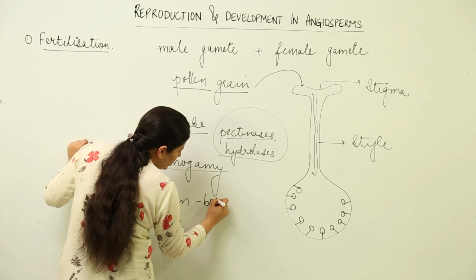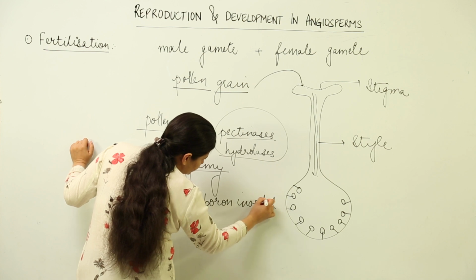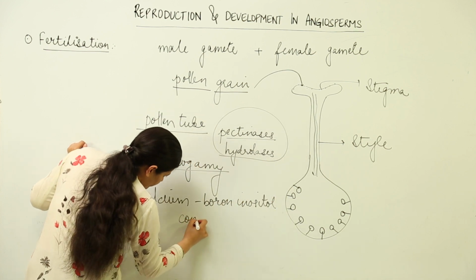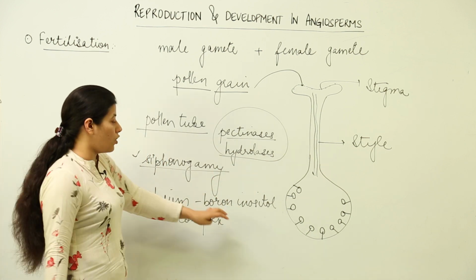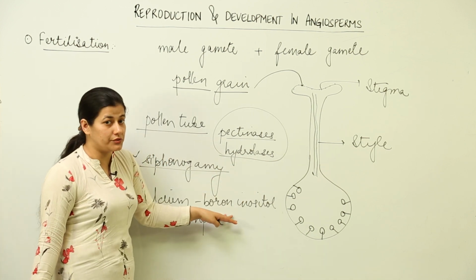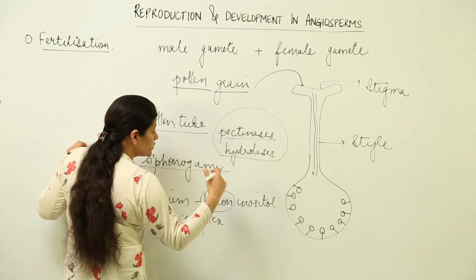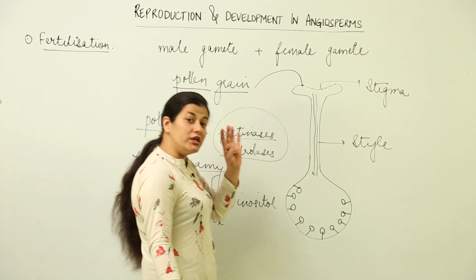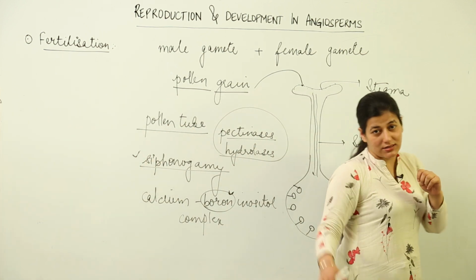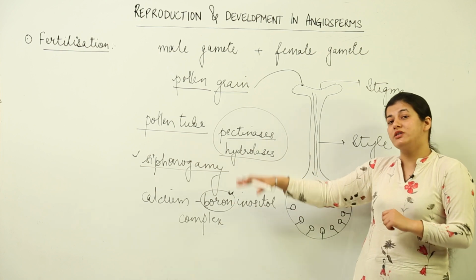boron inositol complex. So you remember when we talked about the importance of boron as a micronutrient in mineral nutrition? It was an important element that was responsible for development of pollen tubes. Over there I told you that this is an important mineral, and that we will study how it enables the formation